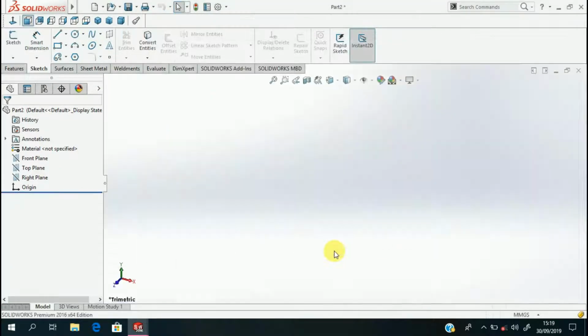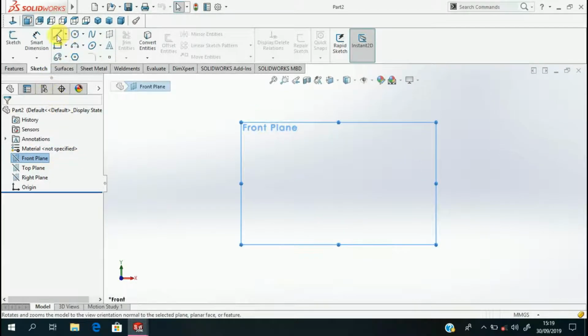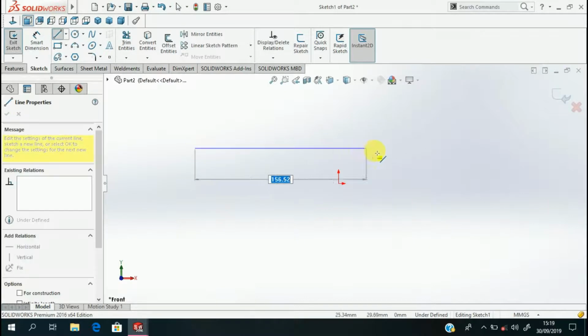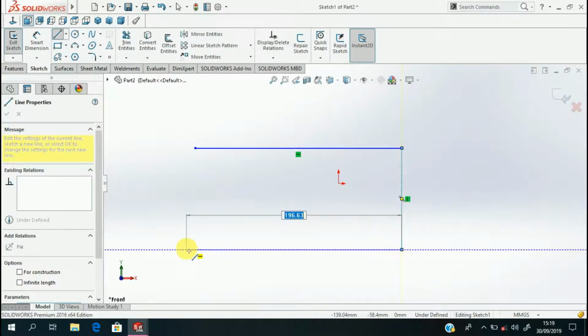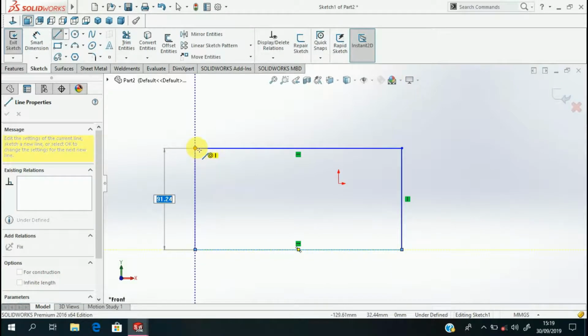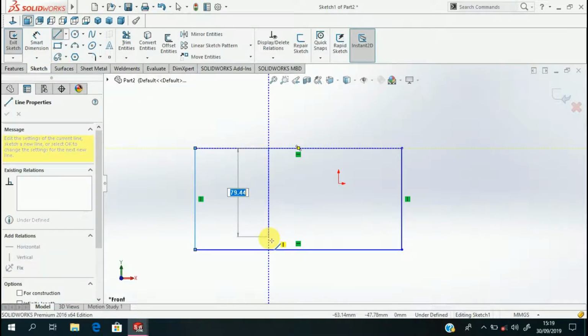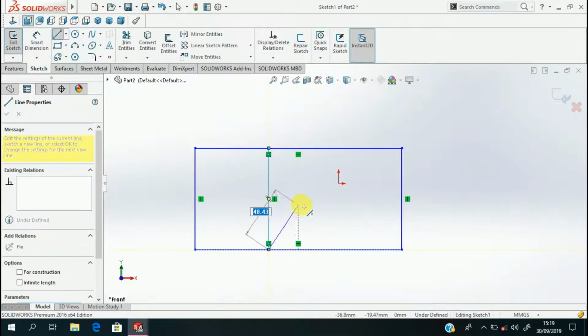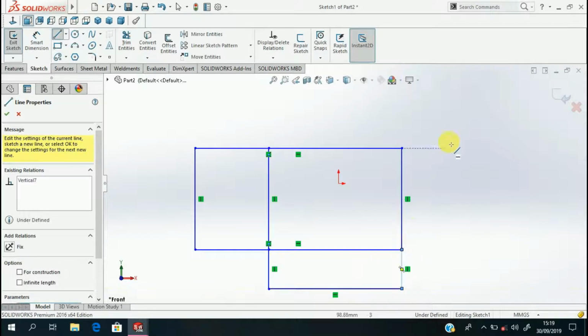Select your part. Select your front plane, normal, sketch, make a drawing. Now okay.